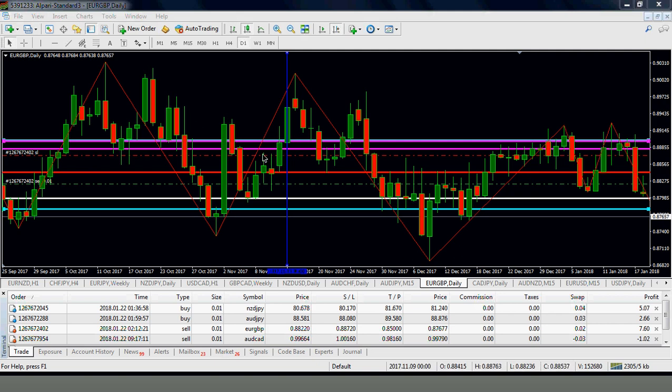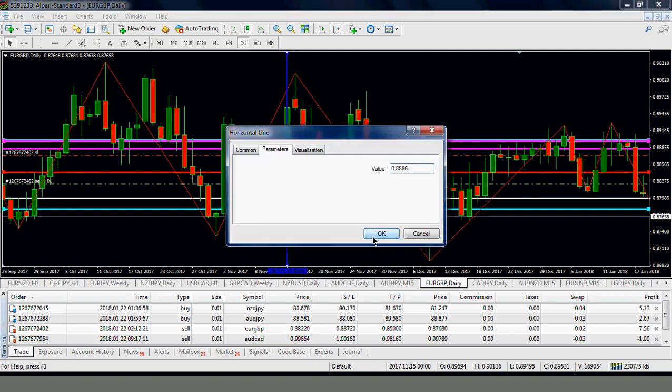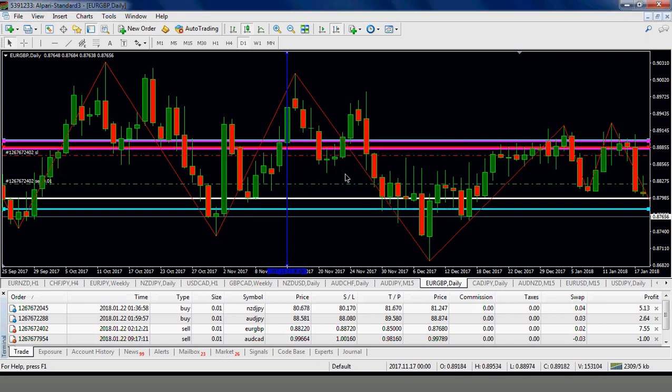I get the pivot point of that candlestick. Copy. Then, if I'm using the daily as my longer time frame,